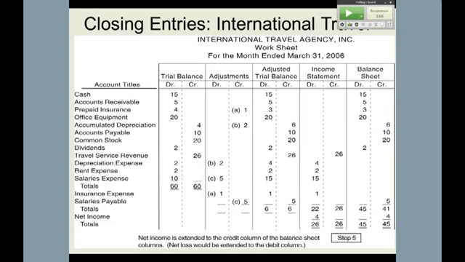All right, so now, when you look at your revenues and expenses, dividends are 2, revenues are 26, depreciation is 4, rent is 2, salaries are 15, and insurance is 1. The first thing we need to do is to close revenues to income summary. Then we close these expenses to income summary. The net income for the period is 4. That should be the balance of the income summary account. That gets closed to retained earnings, and then we're going to close out the dividends. So let's see how this would work.